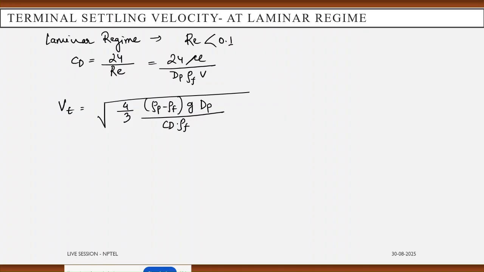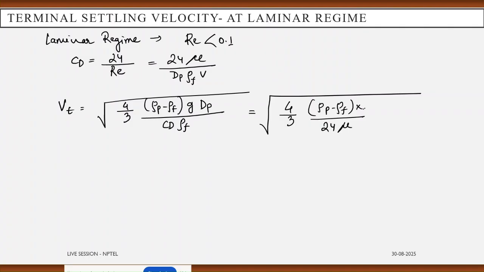So we are going to replace this CD, that is 4 by 3 rho p minus rho f divided by 24 mu by dp rho f into v, rho f into g into dp. So it becomes Vt equals to